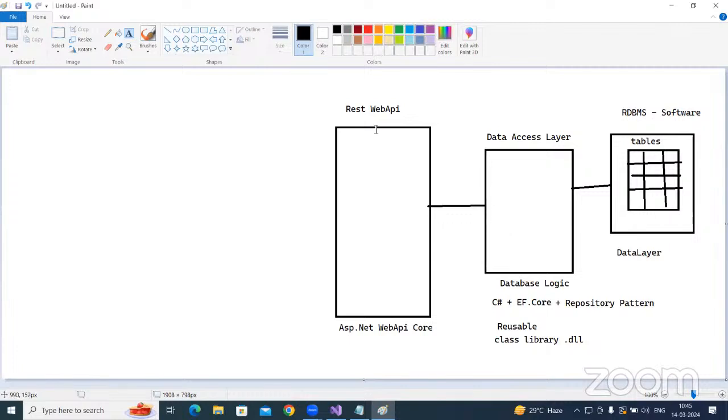Now this web API, using the abstraction layer, accesses the data access layer. That is the perfect order. When you are developing the data access layer, it is not just about writing the database logic. Next, this REST web API is allowed to be accessed